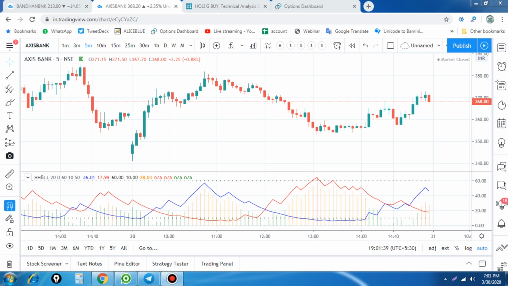More updates on intraday and positional trading strategy. Today we have booked some good profit in Axis Bank. So the same trade, how we can execute in the form of the higher high lower low trading strategy. Most of the people are asking about this strategy, and it's a simple indicator. We are going to follow what the indicator is saying, and based on this we are going to do our analysis, and decide what trades or what signals we can try to take. That is the important factor, and I'm going to explain that in this video.